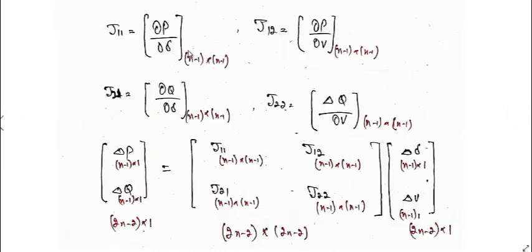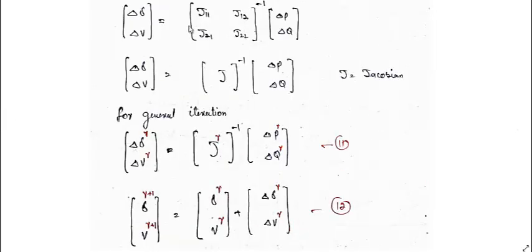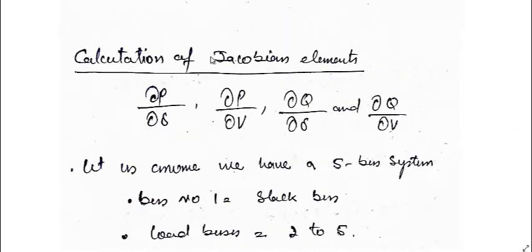The Newton-Raphson method is usually done like this, but what is important is to get these values and the Jacobian elements. So here we'll see just how to calculate the Jacobian elements. We know the Jacobian elements will be delta P by delta delta, where this delta changes from 2 to n. This delta also changes from 2 to n. Similarly for this case, for this case, for this case. So again we are assuming,